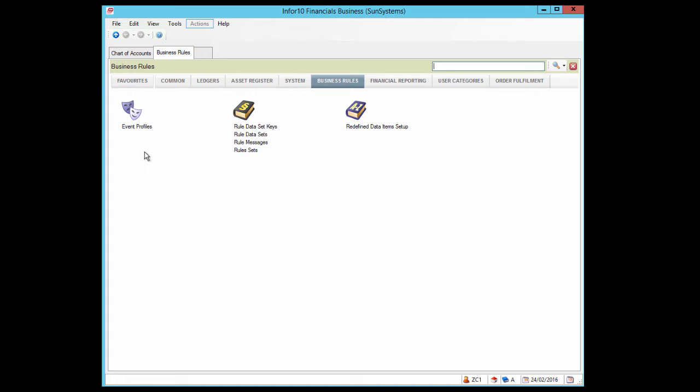So let's just say a new line in ledger entry, push a button, new line, that's the event. The rule set decides what needs to be done. Say, send a message that says you cannot use this account and analysis code combination. Well, that message is up there in message. So on at least a theoretical notion, you get your events all created and your rule